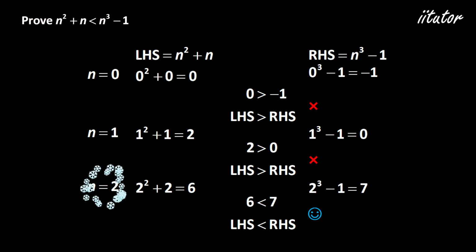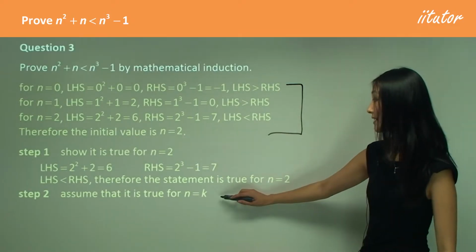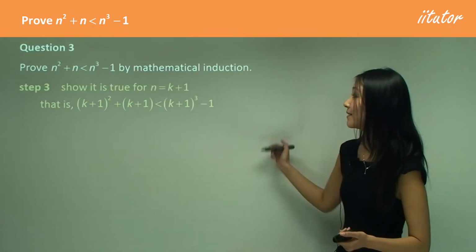So the initial value is 2. Our assumption that it is true for n equals k. So substituting that into here,